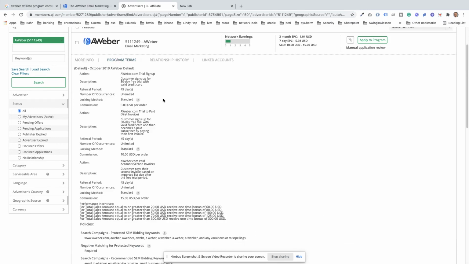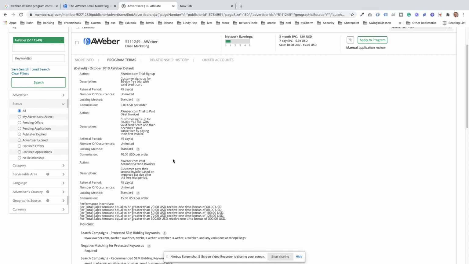Like I said, program terms, you can find out a little bit more information here. You see here they also have performance incentives. If you happen to do certain things often, or just like any type of sales program, if you're a good performer, you get paid more. And that shows you some of the things on how to find an affiliate program that you can go to. But it's important that whether you go directly to an affiliate program where they are doing their own stuff, or you go into a